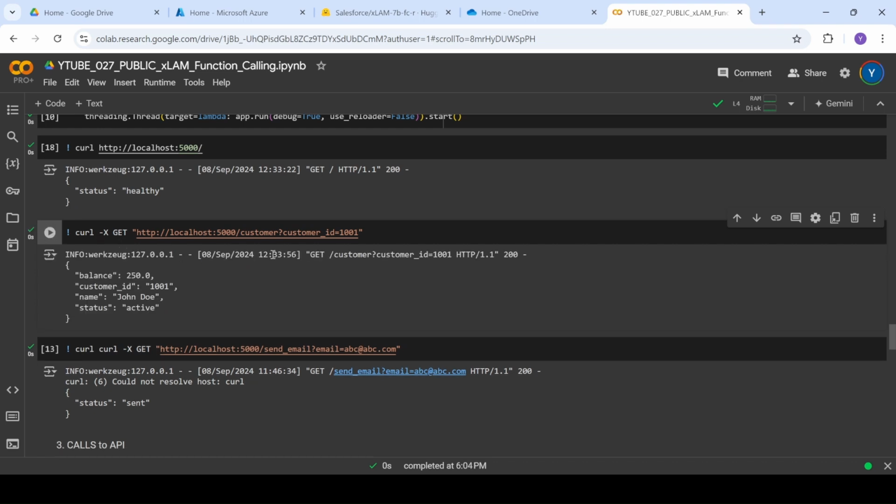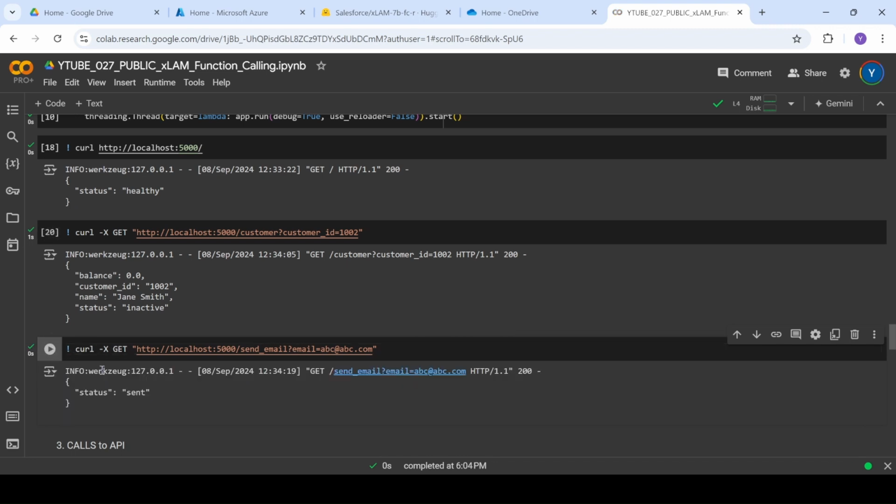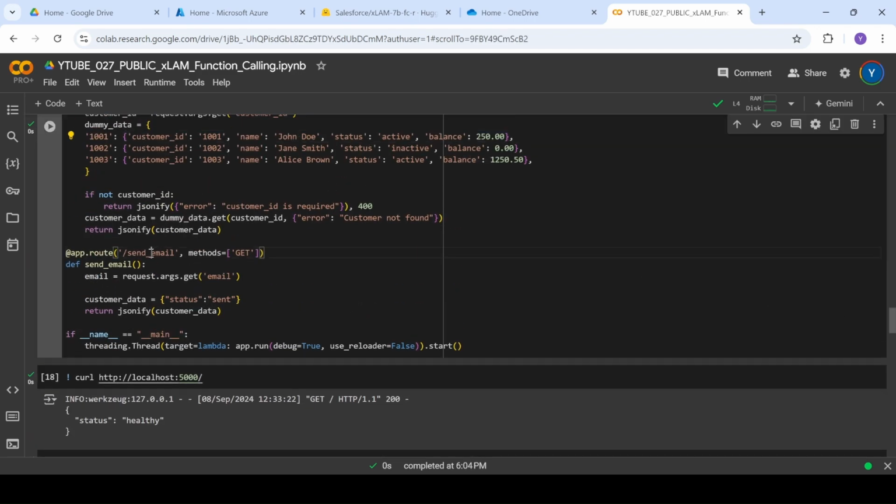So this is what it did, and you can change it. You can change it to 1002 and the response will be different. So this is 102. Basically you are passing a customer ID and you are getting some results. Then again we have this email route, where we are sending some email ID, and there is a process by which we can send an email in the background, and the status could be email sent and so on. So this is the third route here, a very simple route where we are just expecting some email ID, and then